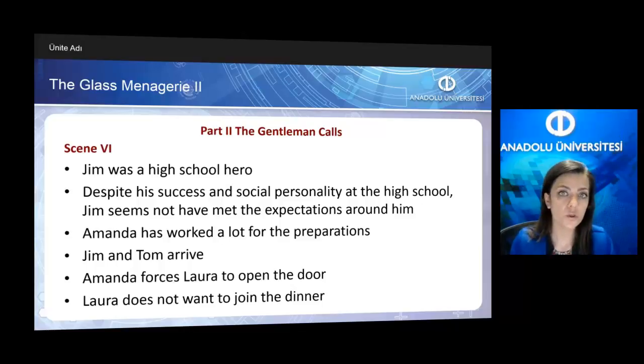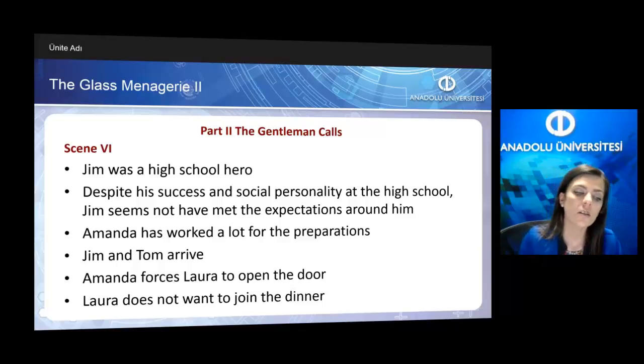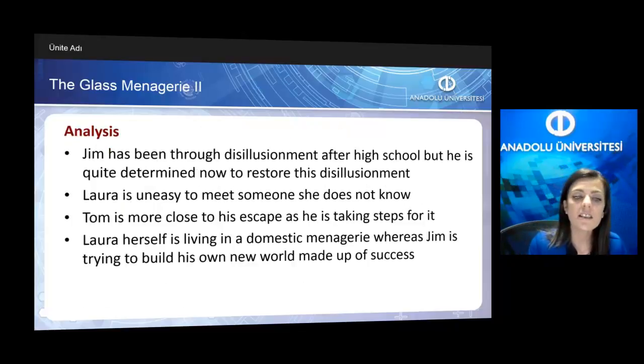Amanda forces Laura to open the door, but Laura doesn't want to do that upon learning that it is Jim who is coming as a gentleman caller. So Laura says that she is sick and she doesn't want to join the dinner. In this scene, Jim, the gentleman caller, has been through disillusionment after high school, but unlike the other characters, he is very determined now to get over this disillusionment. Laura is uneasy to meet someone she doesn't know. She's very shy. Tom is closer to his escape since he fulfills his job to find a gentleman caller